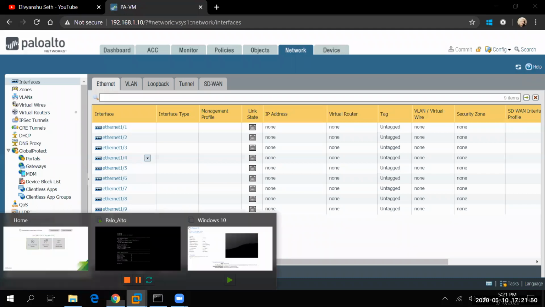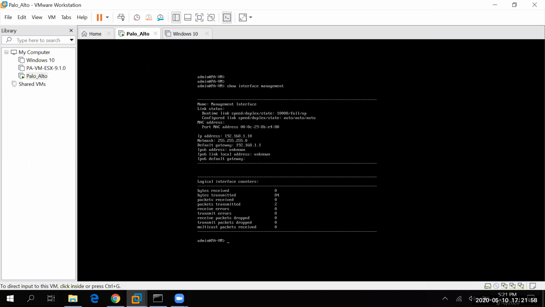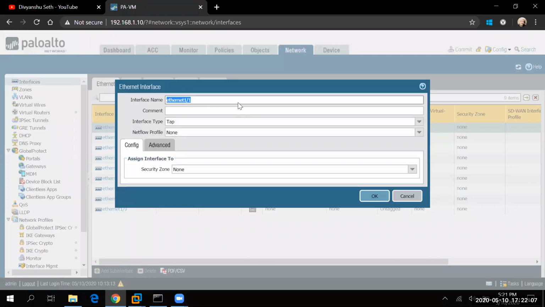Okay, so let me show you one more thing, as these both will be layer 3 interfaces. If I do a commit here and open this interface, this is the interface. Okay, I can mention a comment here.